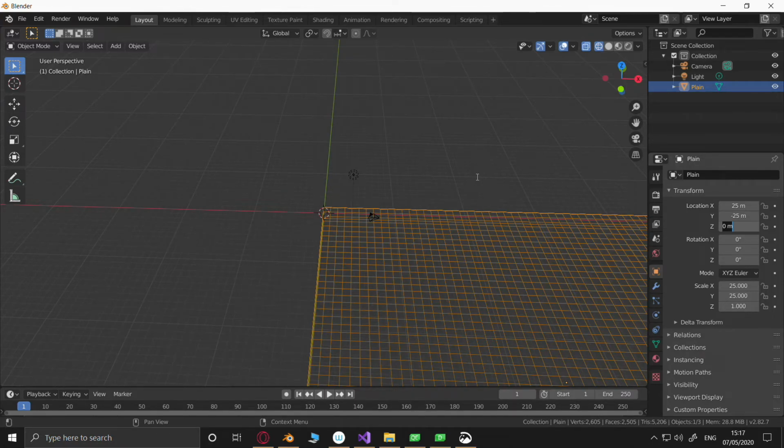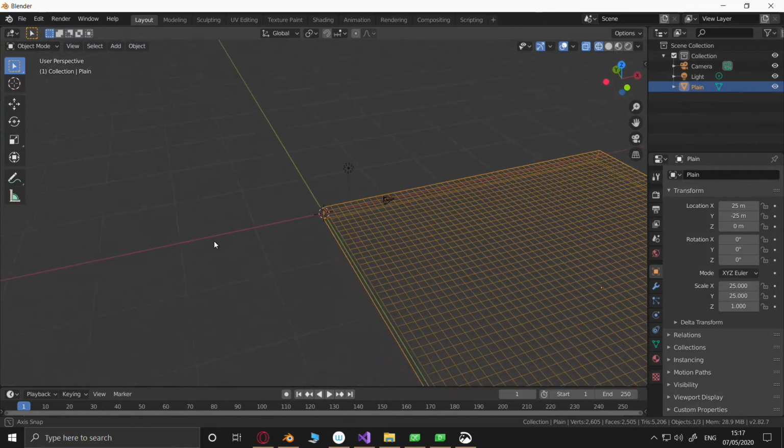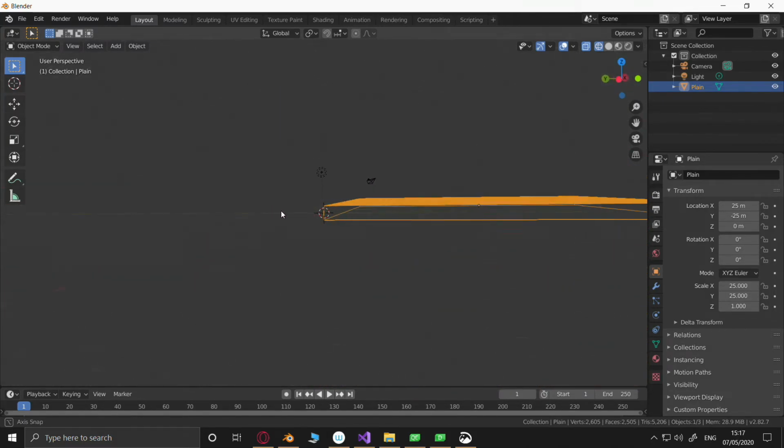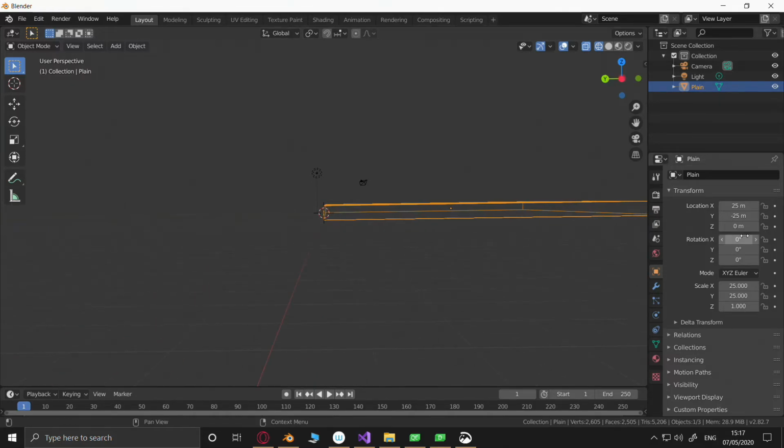What are we going to do for a texture? The other thing is, I've forgotten something. It's slightly higher than the world. So Z does matter.